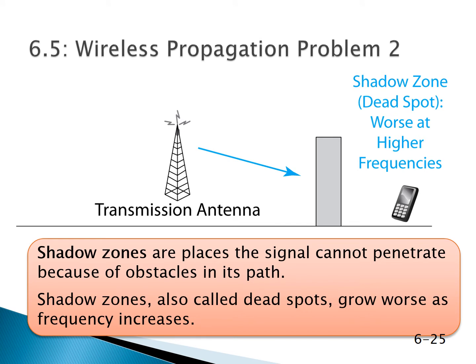So the second problem is what we call shadow zones or dead spots. These are places where the signal cannot penetrate because of obstacles in the path. They grow worse as frequency increases. This problem is very popular and common in Hong Kong because